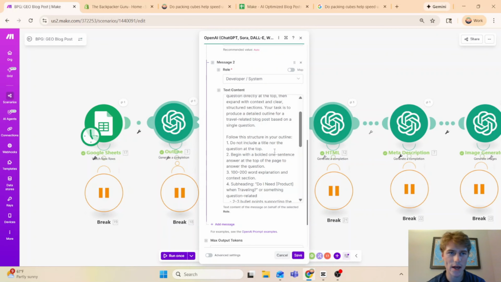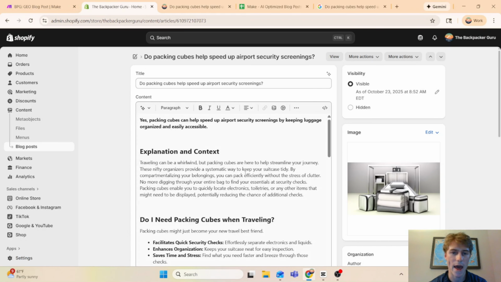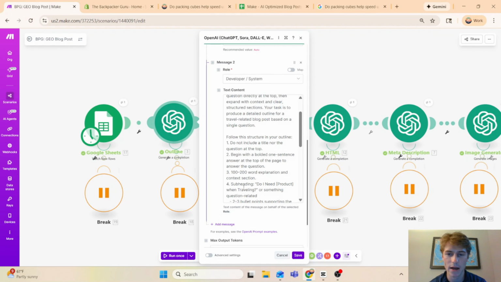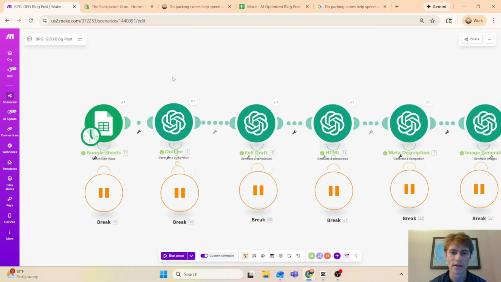Basically, the structure of the blog post that I showed you is what I have explained in here. I just came up with that based on ChatGPT's recommendation when I was putting this together. And it suggested that this was a very orderly way to format my blog post in order for AI to